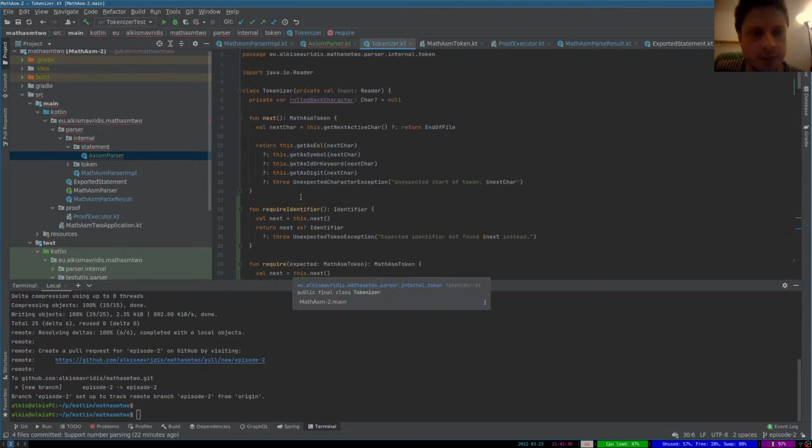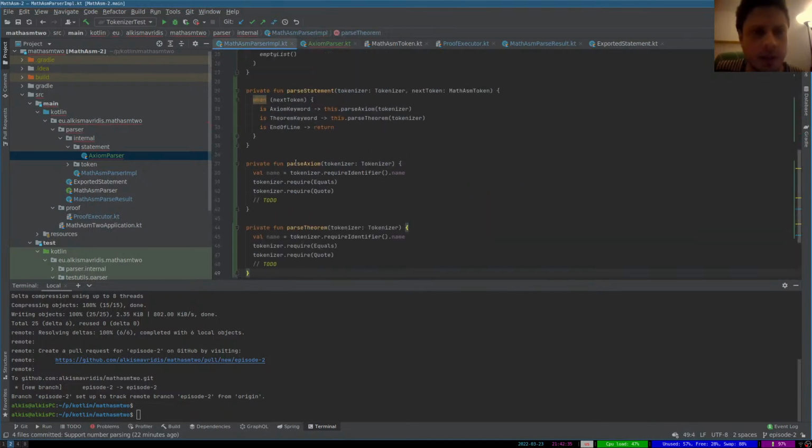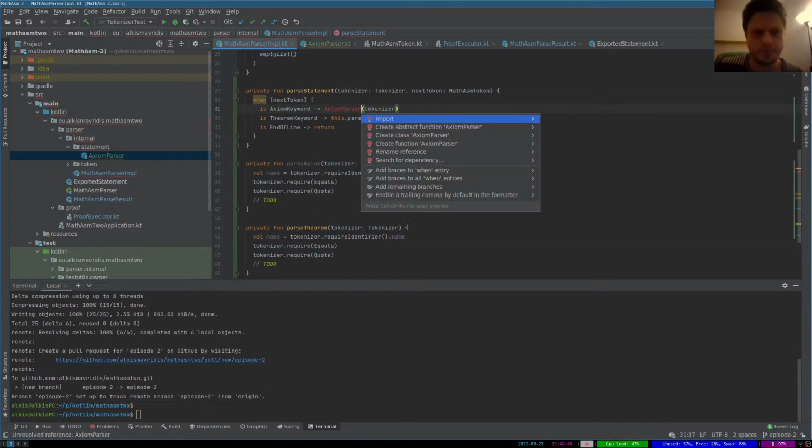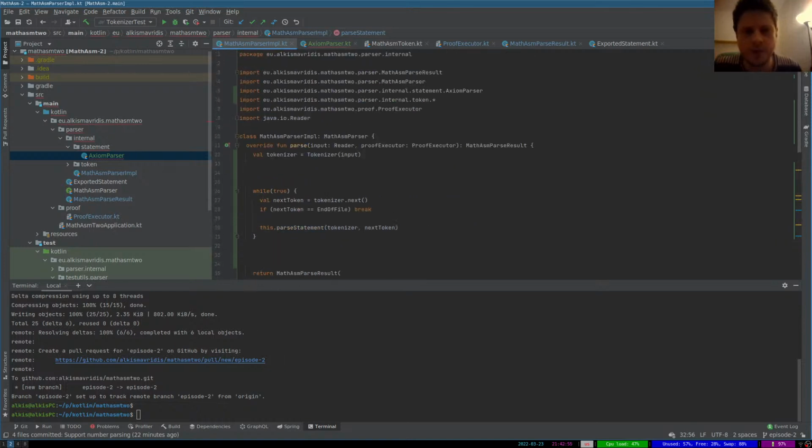The tokenizer will simply say, not the tokenizer, the parser will simply say, if it's an axiom keyword, axiom parser parse, and we have to also give this guy